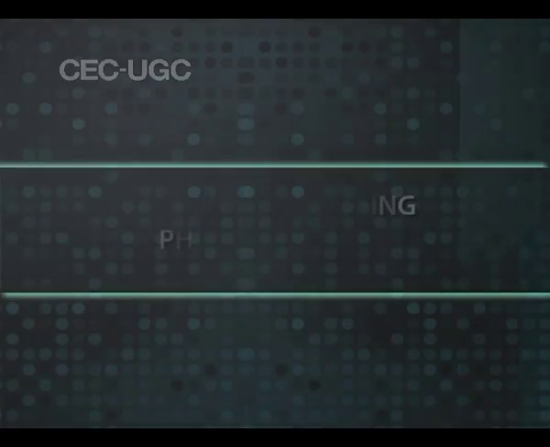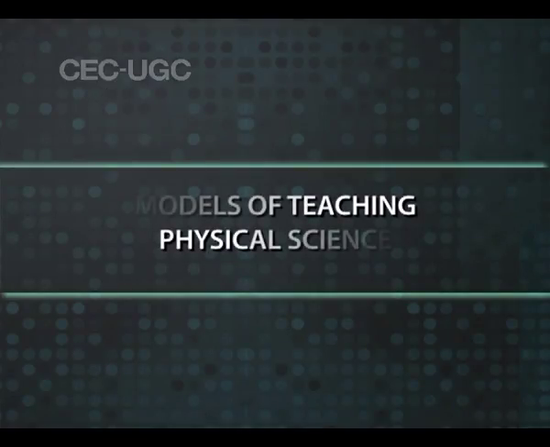Welcome back once again. We just peep into another module, Models of Teaching Physical Science. There are different techniques which are applied in classrooms, specially designed to produce an output in a particular area. Models of teaching are such an instructional strategy for realizing certain objectives depending on the nature of the task oriented